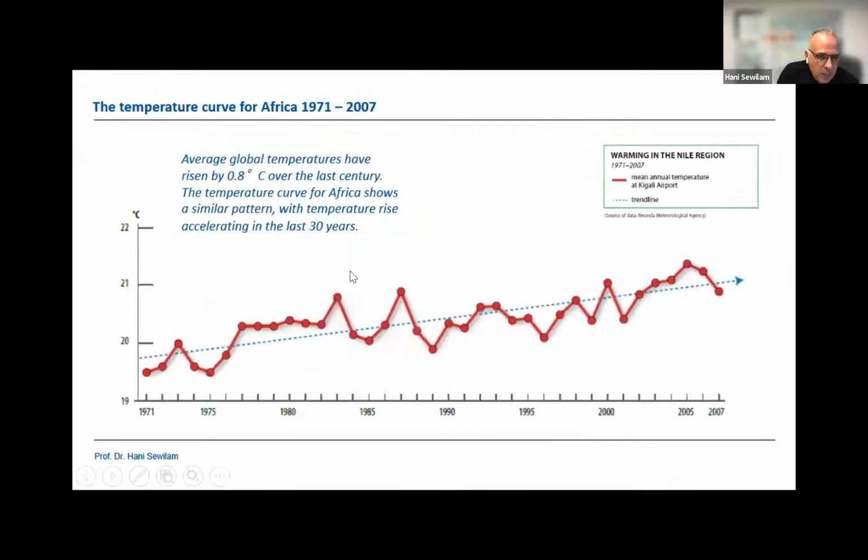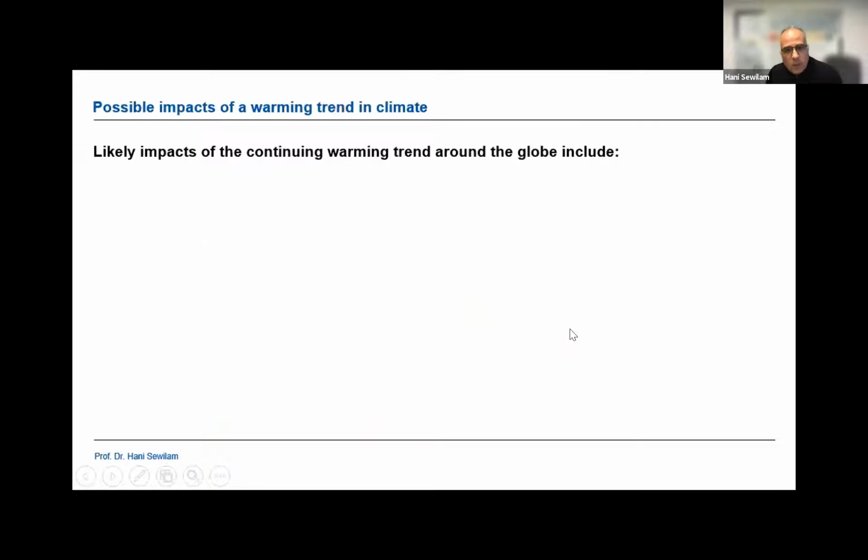If we speak about climate change, Africa is not an exception, because what's happening in Africa in terms of increasing temperature over time is reflecting what is happening globally. So if the average global temperature increased by 0.8 degrees, that's exactly happening also in Africa, more or less. I mean, we can go slightly less, slightly more, but the trend in the last 30 years is giving us an indication that Africa is facing also the global changes and the global warming.